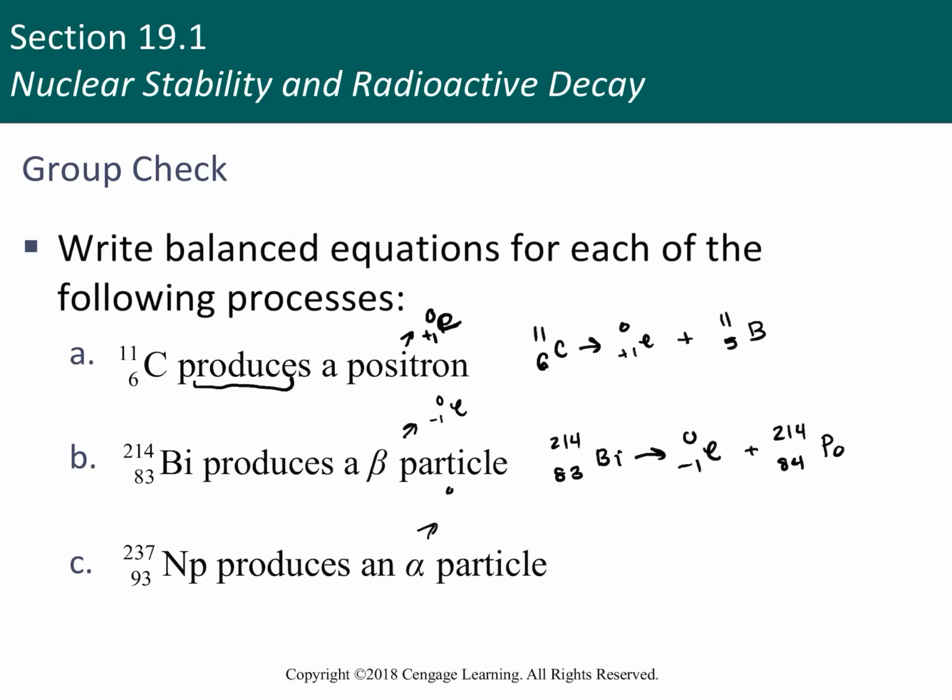Last one, we have the production of an alpha particle. An alpha particle is helium. It can be written like this, or actually in the form of an alpha. So we have 237, 93, and I have my alpha particle. I know that I lose 4 mass numbers, so 233, and 2 atomic numbers, 92, which gives me Pa as my symbol. And that is the different types of